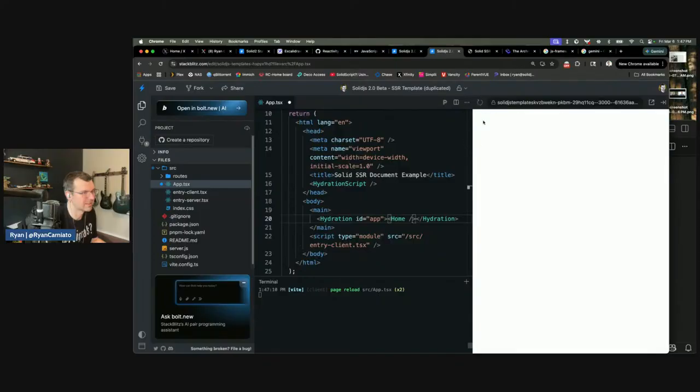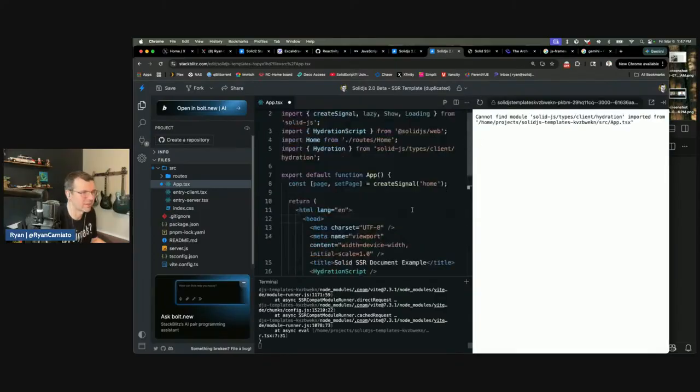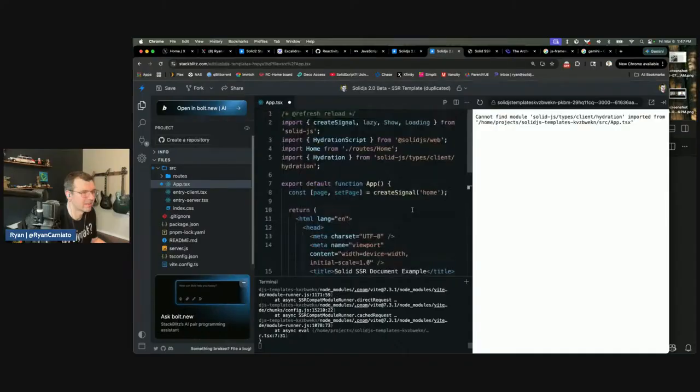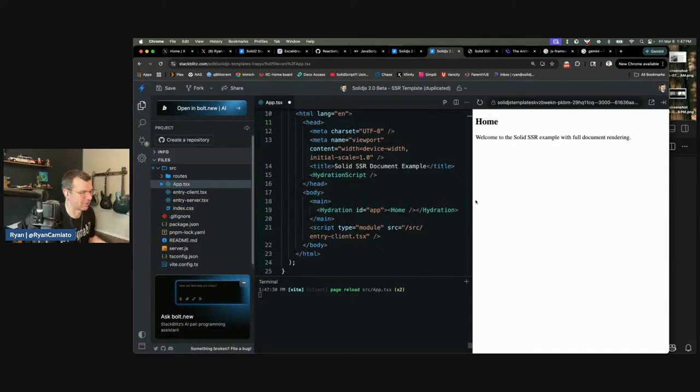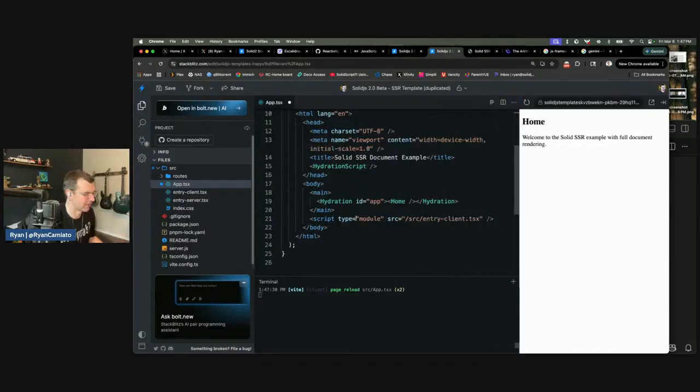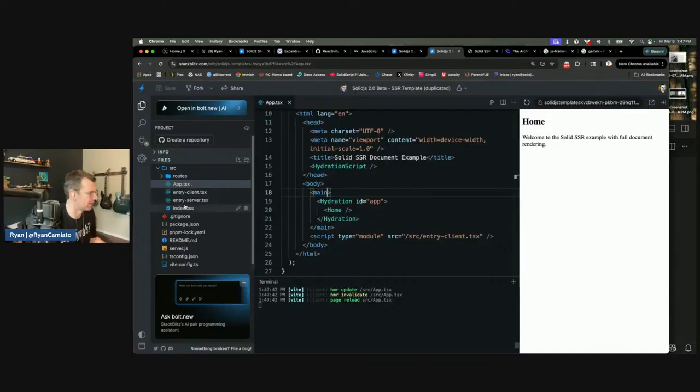What? I don't even understand what this error is. Oh, it's fail. Okay. Sorry, I tried to import it from some weird place. But I'm going to have to add a counter to home or something so we can prove that it's actually alive. This doesn't actually prove anything, because sure, it was able to server render it, but let's go